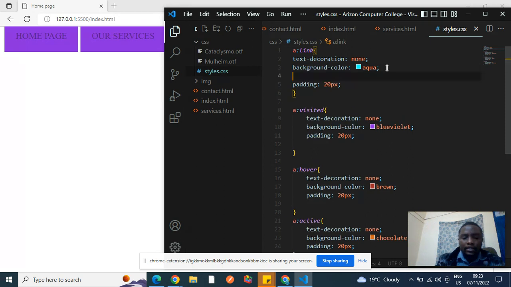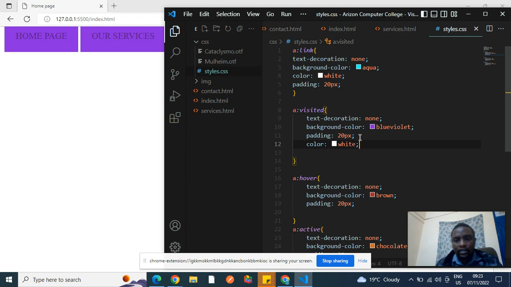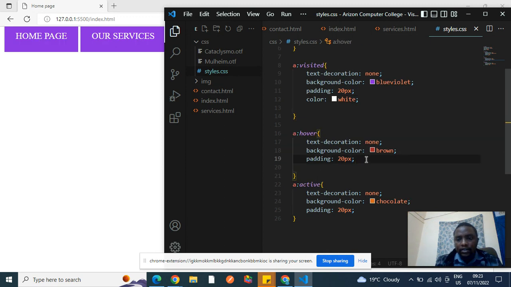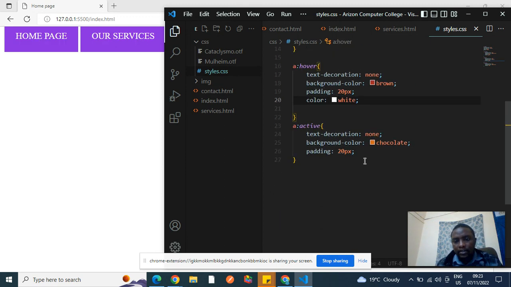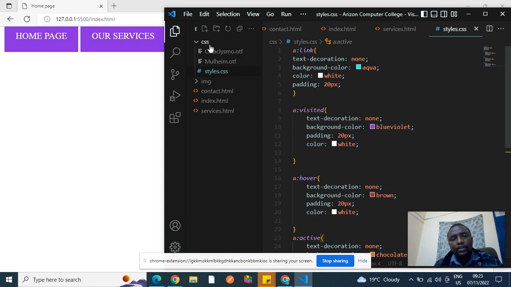Maybe text color, maybe white. Color white for the a:link, color white for a:visited, color white for another state, and active as well. So yeah, if you want, maybe you can play around with